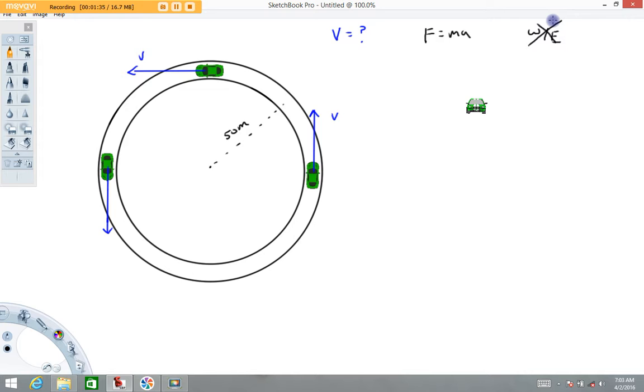When you want to use work energy, you're looking for changes in kinetic energy or changes in potential energy, neither of which we have in this problem. So it's going to default to Newton's second law. Now, if we're going to use Newton's second law, you have to have a free body diagram. If we look at this car and start thinking about the forces acting on the car,